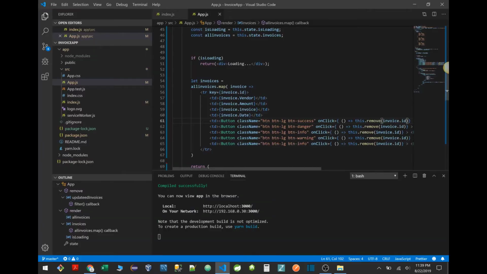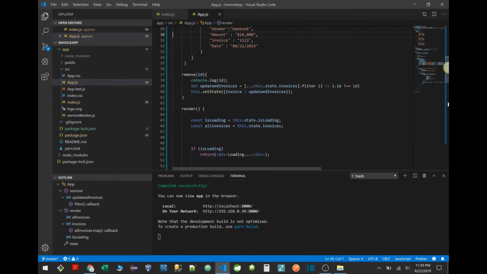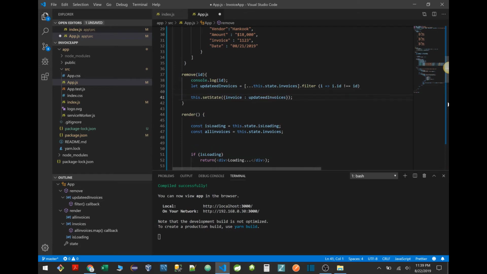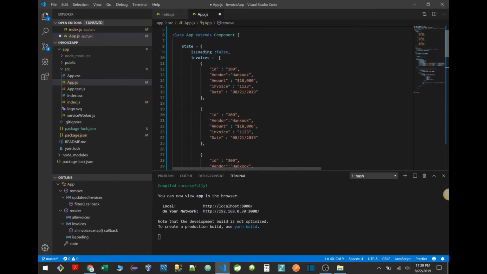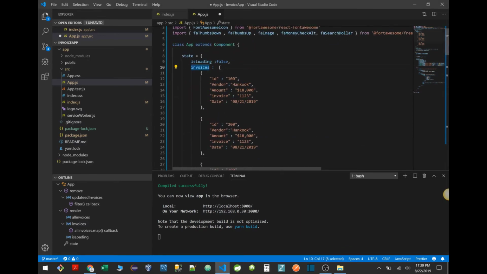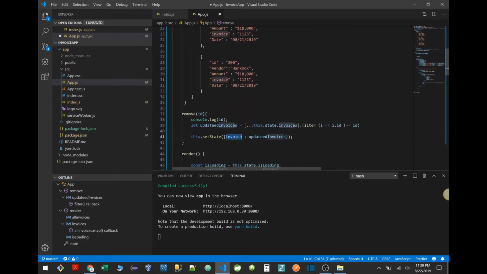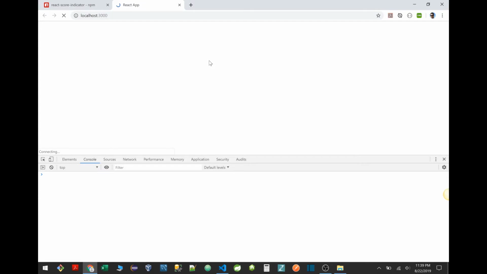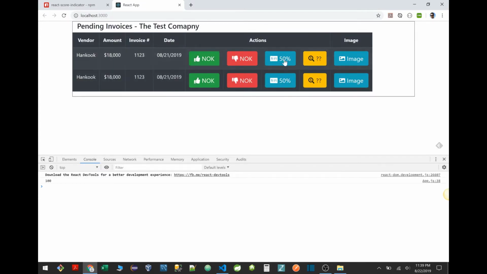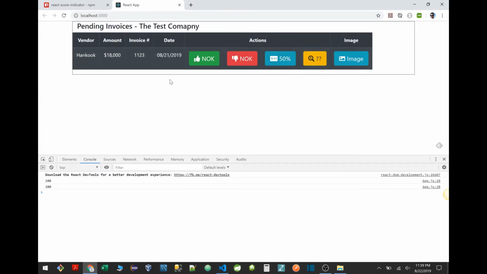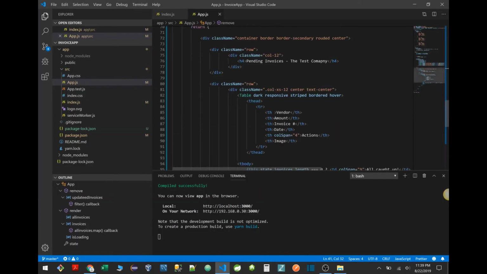But let's go back. In the remove section, what we're going to do, we're going to make sure the update happens properly. I'm suspicious that I'm doing something wrong here. We're going to find out easily, and yes, I am. So my variable is called invoices in this state, and I'm updating invoice, which doesn't exist. So I just need to update the right variable in the state. So there it is. As I'm clicking on the items, we can pretend that something is going on behind the scenes. When I click on OK,